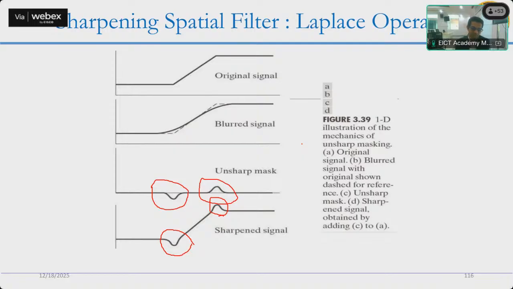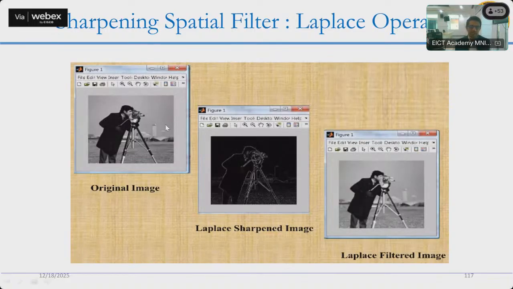I already told you one key benchmark in image processing: what is the impact of any operation upon the image. If you are able to get that, then it is sufficient to understand. Another image, for example, is a very famous one in image processing, called the cameraman image.